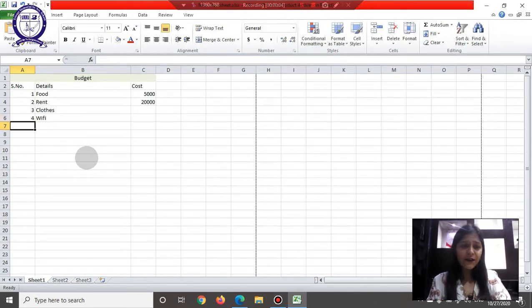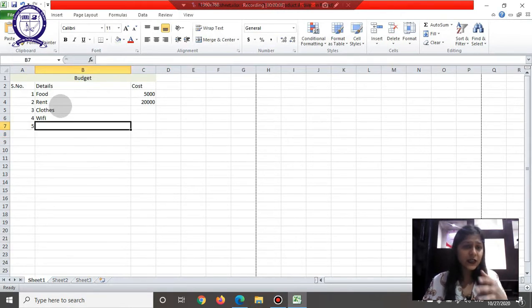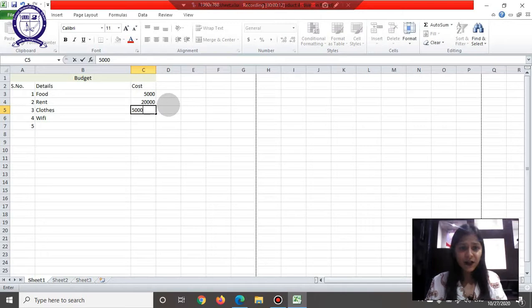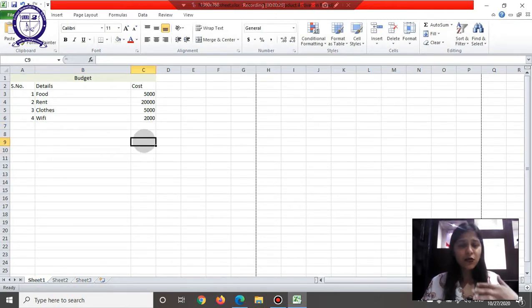So a person can have a lot of expenses which he or she can track in an Excel. So you know that you would spend approximately 5,000 every month on your clothes. Let's say the Wi-Fi takes around 2,000, and you just put all your expenses, and then at the end of your month or before it begins, you can track in advance what your budget is going to be like. And then at the end you can also sum it.